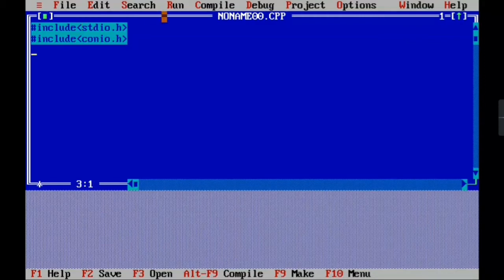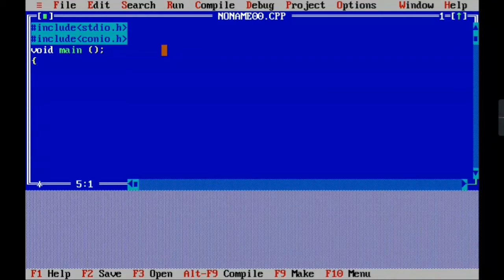Now we have to write void main, and void will be in small letters. Now we will give some space. Now we will give the curly brace,